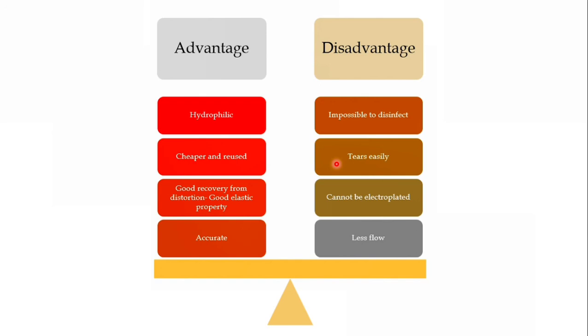Then it has somewhat less flow unless the temperature is maintained at that accurate level where the gelation can be retarded. Now in these materials, borate is added, so if it is not counteracted by the potassium sulfate, the gypsum is not going to set properly and it can just break off. Now the material has very low dimensional stability, that is, it can undergo distortion very fast, so you have to pour the cast immediately. And again, only one model can be poured, you can't pour more than one.